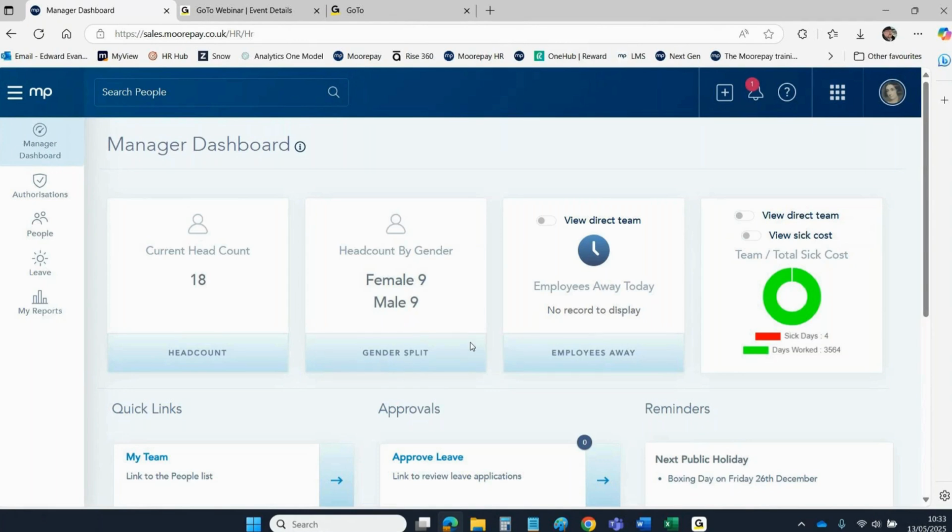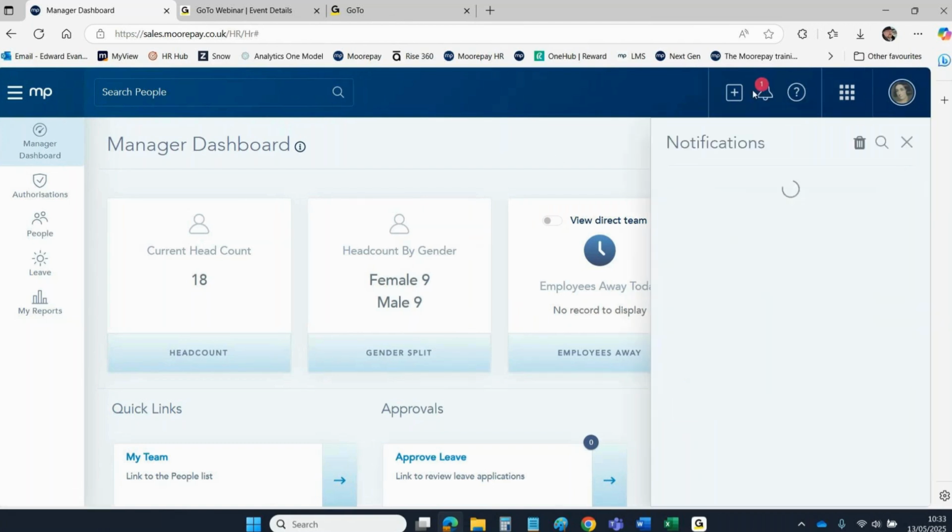It has a couple of bits missing, so they don't get the admin bit, they don't get the security bit. So there are certain menus that are missing from here, but there's enough on here for the manager to be able to do what they're supposed to do. Now they do get an email notification to make them aware that somebody has put expenses through. But if we go into here under the notifications, which are also being a bit slow today,